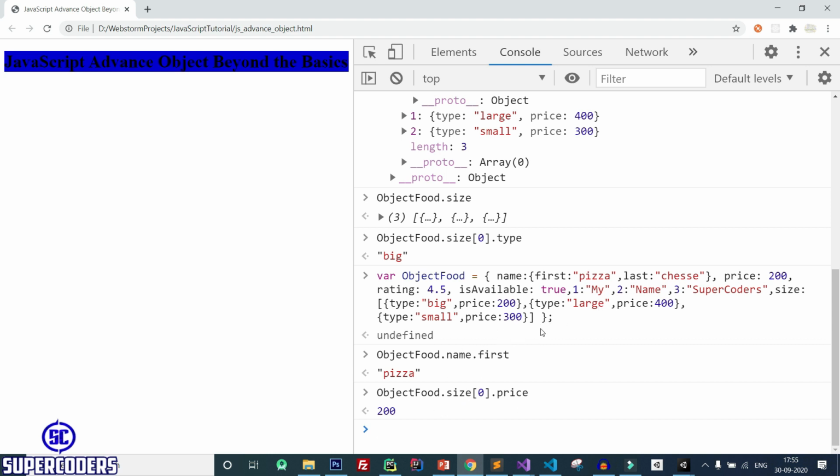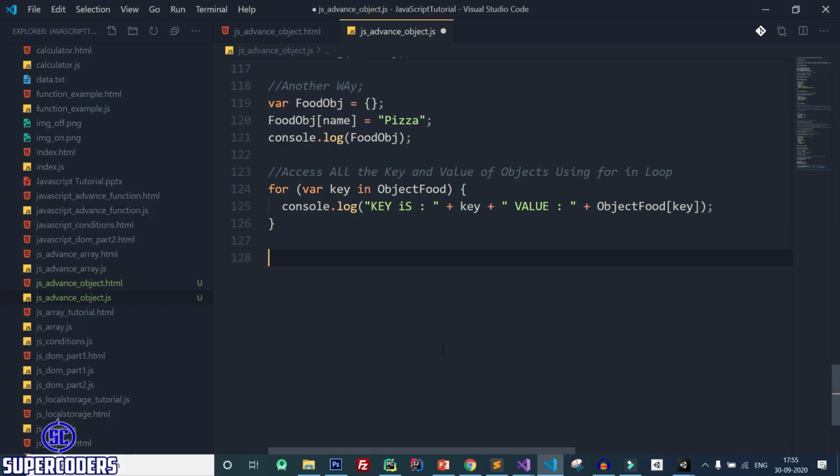Now also write this inside VS Code. So again copy this, pasting it in.